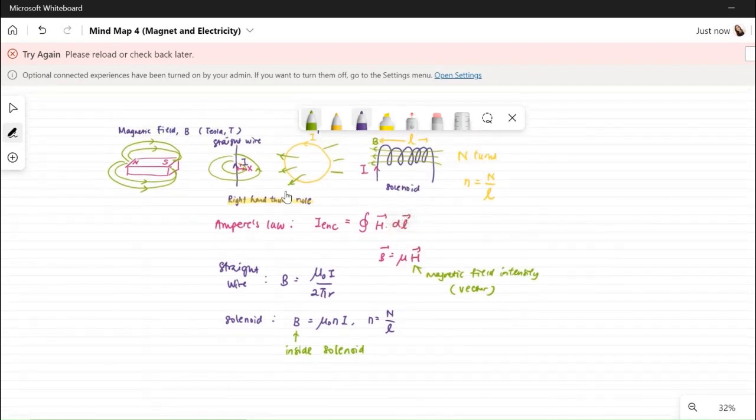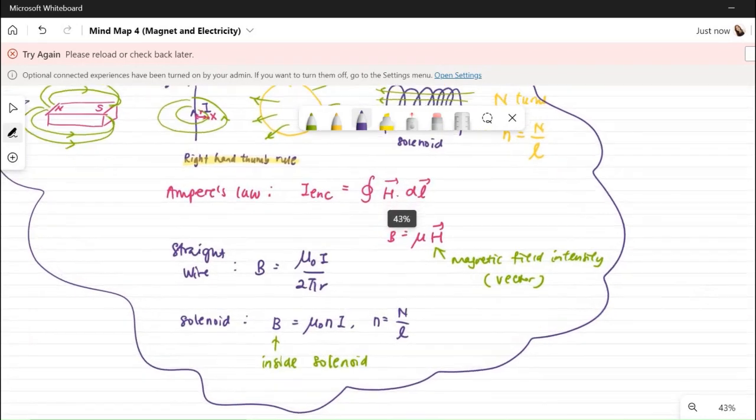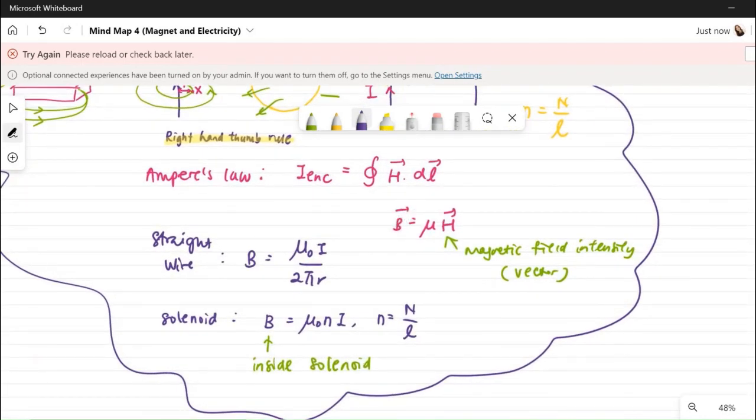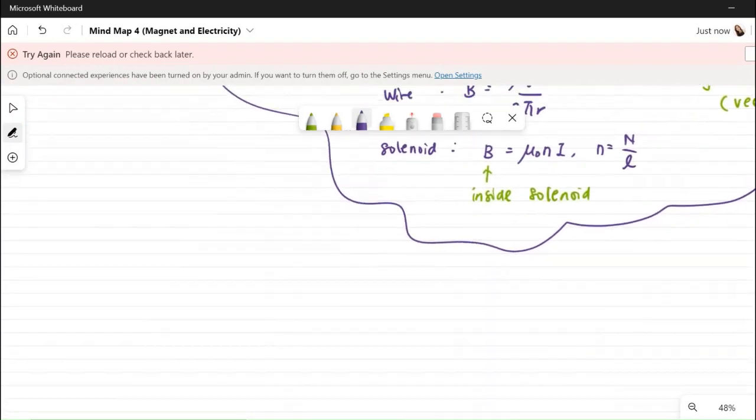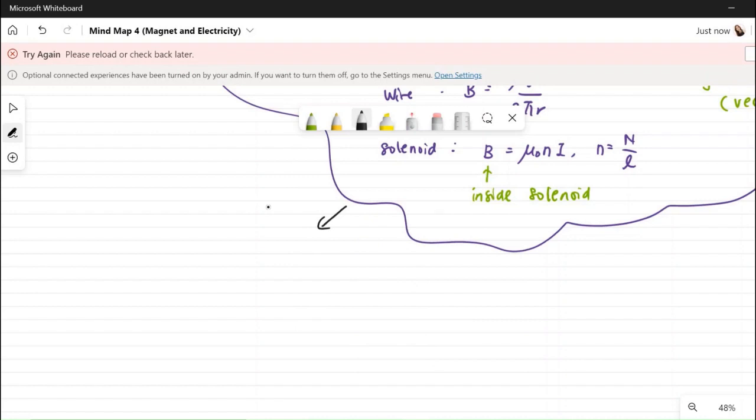So this is the introduction of magnetic field, and how we can find the magnitude of the magnetic field and also its direction by using the right-hand thumb rule. Okay, now let's further discuss. If I have a wire which carries the current of I, and I place the wire in an external magnetic field of B,